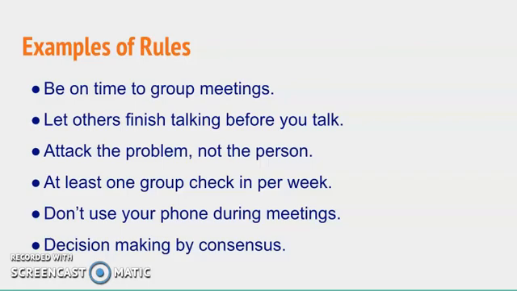Another one could be decision making by consensus. That means the group makes the decision based on what the majority of the group members want, and you actually try to work your way towards everybody agreeing. That is a rule in my work group, in my department, that we all agree. Oftentimes somebody will even say, this is my opinion, but if the group wants to do it another way, I'm totally okay with that. That's that person's way of saying, I want to reach consensus. I'm here with you, I'm just offering a different point of view. So it's actually a concrete rule in my group that we make decisions based on consensus.